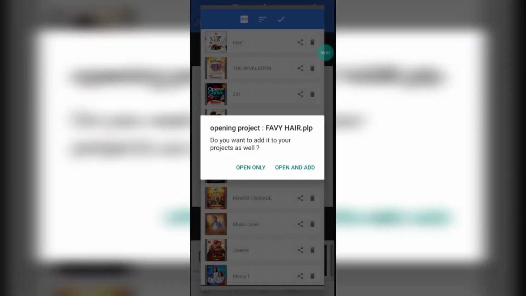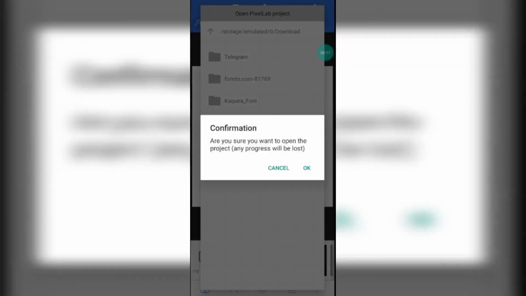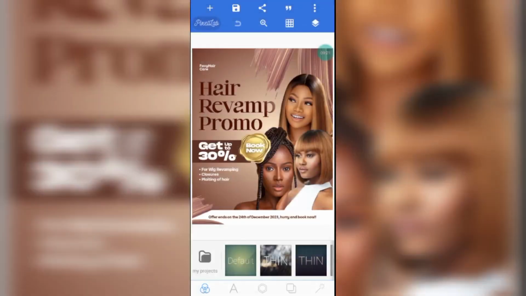Now the PixelLab application is asking you, what exactly do you want to do? Do you want to add it to your project as well? Open only, open and add. I will advise you to click on open and add so that it will save it in your PixelLab application. Click on OK. As you can see, this is the PLP file, and this is the file that I'm giving out to you